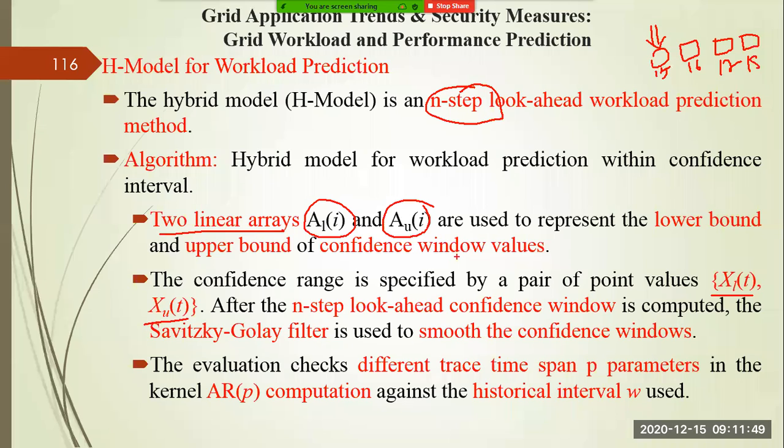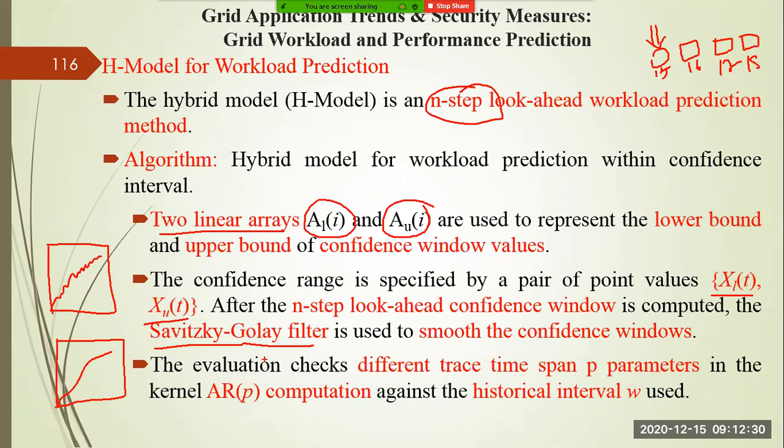They are using a specific filter here, for which it is not clearly defined how this processing is done. But for namesake, I am telling you this particular filter, that is the Savitzky-Golay filter. This filter is used to smooth the confidence window. For example, in an image processing application, an image is not smooth. If there is a curve like this and you want to smooth that curve, the curve will come like this, right? So for that, they are using this SG filter.